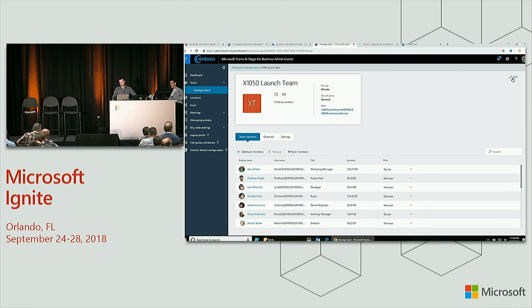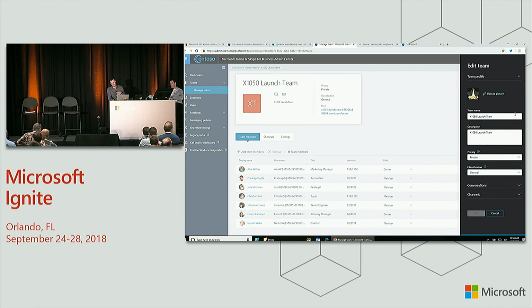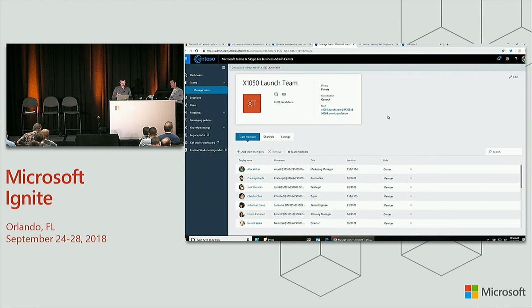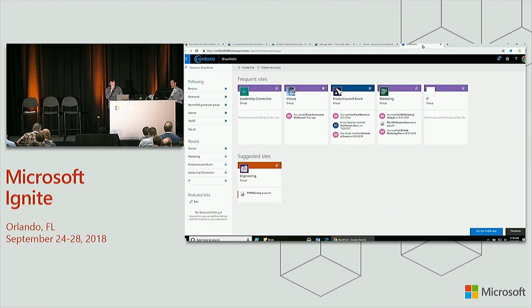So you can see here I've selected a specific group. I can edit, I can change the property, et cetera. So that just makes it easier to scale for teams in terms of membership, but also managing teams. The next thing I'll show you is this notion of using this new Microsoft Information Protection and labels. So let me show you the end user experience.